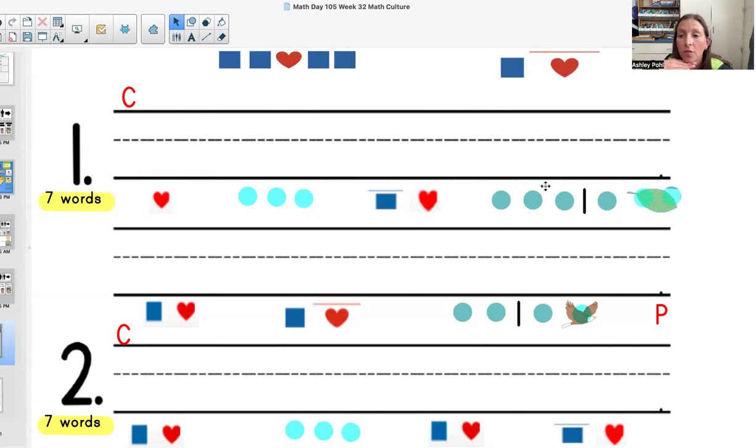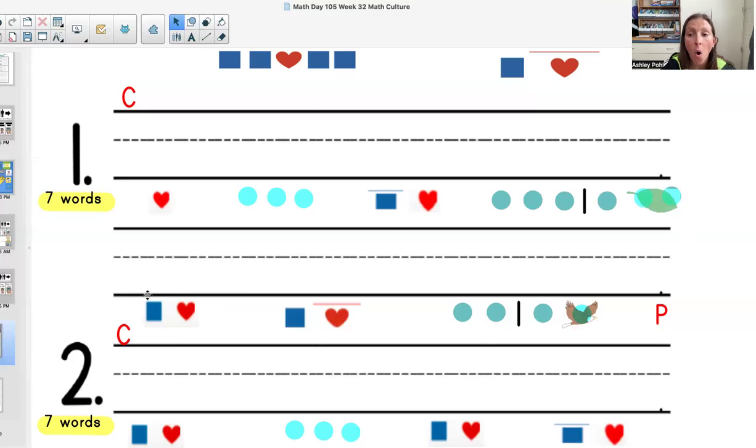Saddle. 2-syllable word. Let's do the first syllable. Sad. S-A-D. And let's do the second syllable. D-L-E. Final stable syllable here. I put that leaf there to remind you. I got the saddle